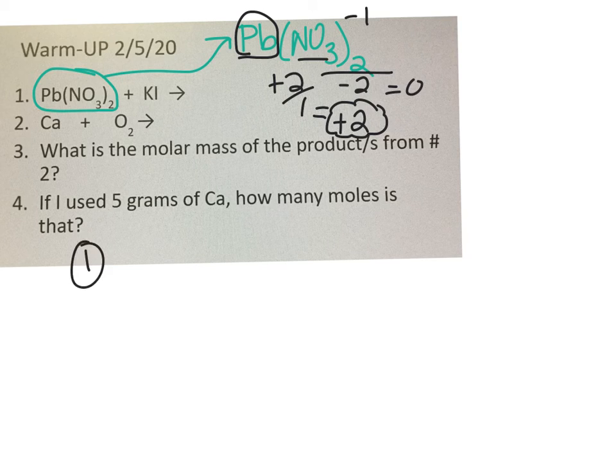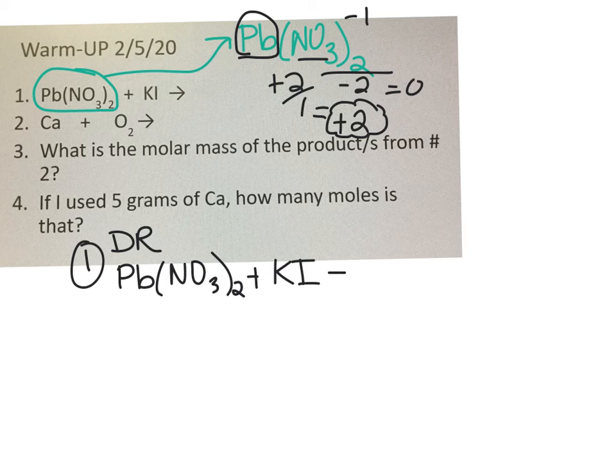So when we go to recombine this, it's good to recognize what type of reaction we have as well, right? What type is that first one? Double replacement, good. So we would have our Pb(NO3)2, KI. We would switch out the Pb and the K. Okay, so we would end up with